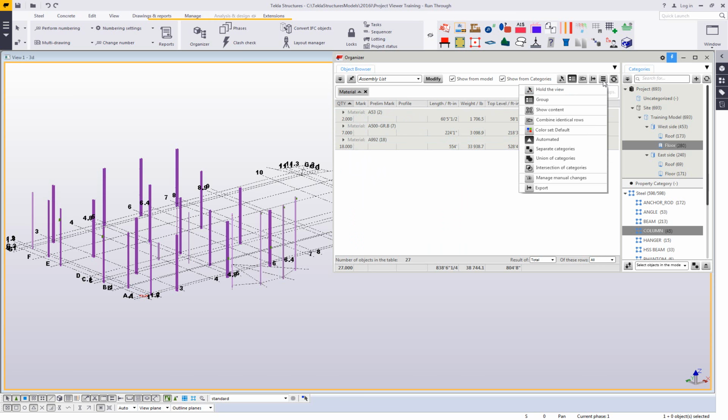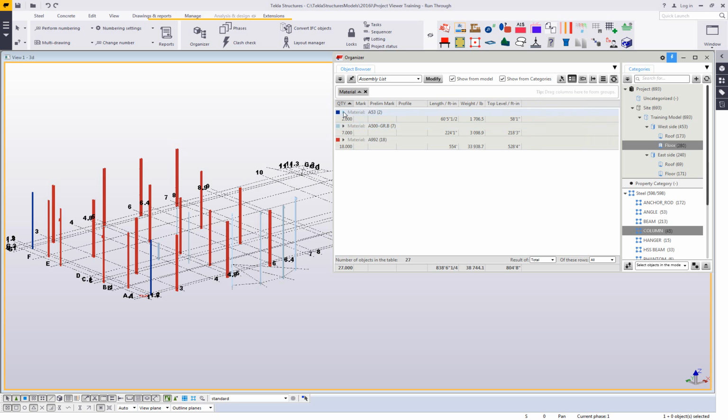I can also come over here, and this is what I wanted to show, is that you can color this automatically there within the model. And you can define and set up these colors however you want. I'm just going to use default colors and just let it automatically color these. And so over here now you can see that my A53 is in this dark blue color. Here in this A500 grade B, I have this gray or light blue color, and then I have my A992